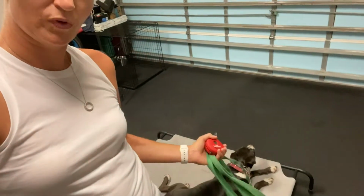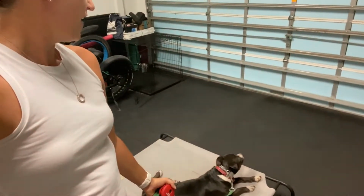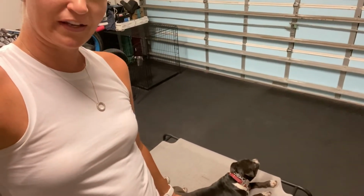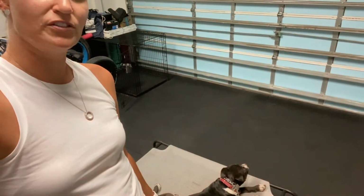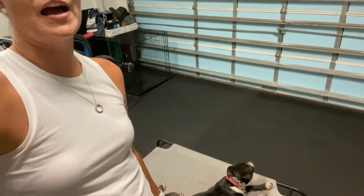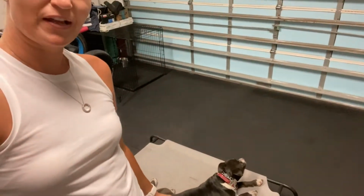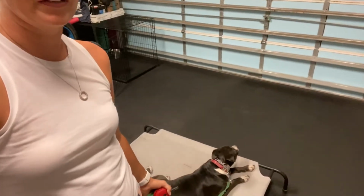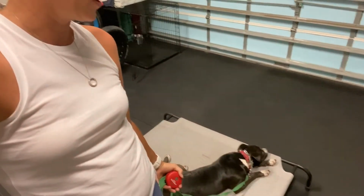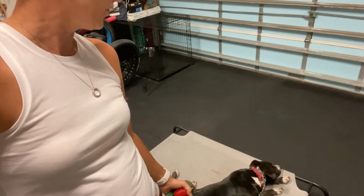I'm gonna show her precisely what I want her to do with the leash, praise her for when she does something right, and then because she clearly knows what the come command already is, she knows what down is, she knows what sit means. If she chooses to not do any one of those things, or if she breaks any one of those commands, she's now going to be corrected for it. We are at a 22 currently on the remote collar. So each time she makes a mistake, I'll mark with no, and I'll tap the collar